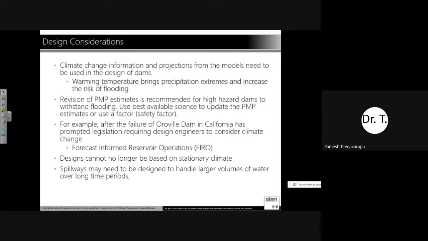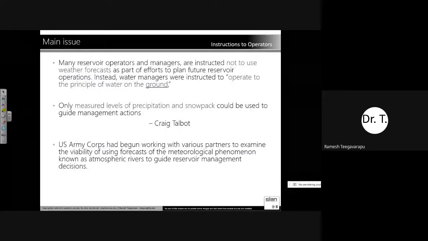We call it Forecast Informed Reservoir Operations, called FIRO. Now we have numerical weather prediction models which can tell us what will happen in the next 15 days. So that is what we are using now under a non-stationary climate, so that we can start planning for the operations of the reservoir. Here is a comment from the main operating advisor in